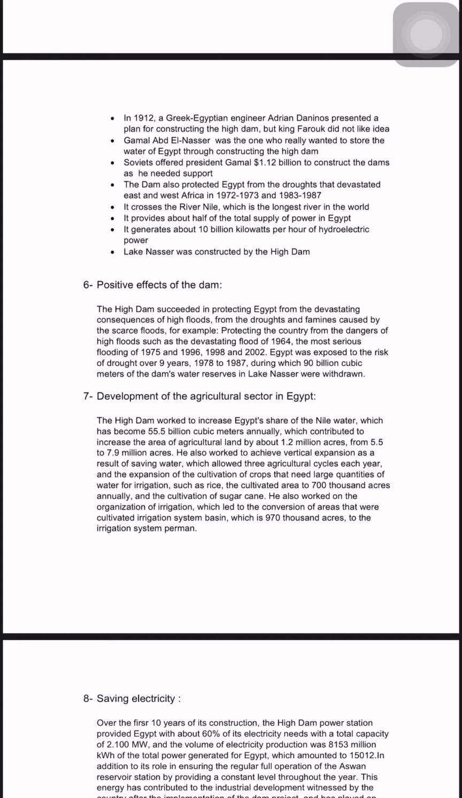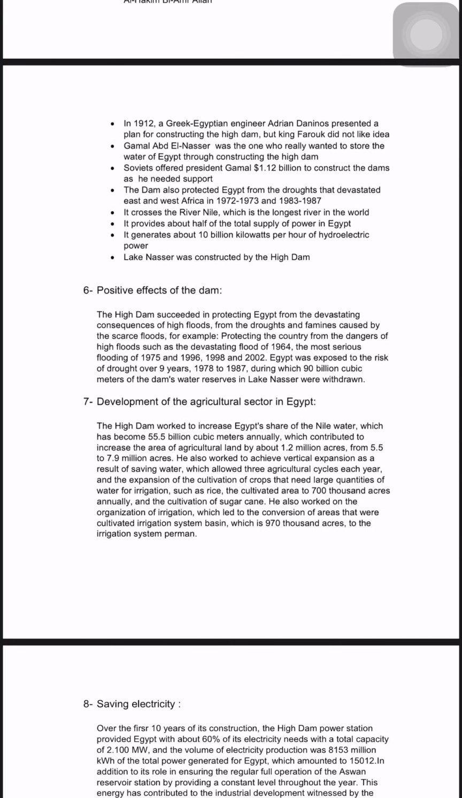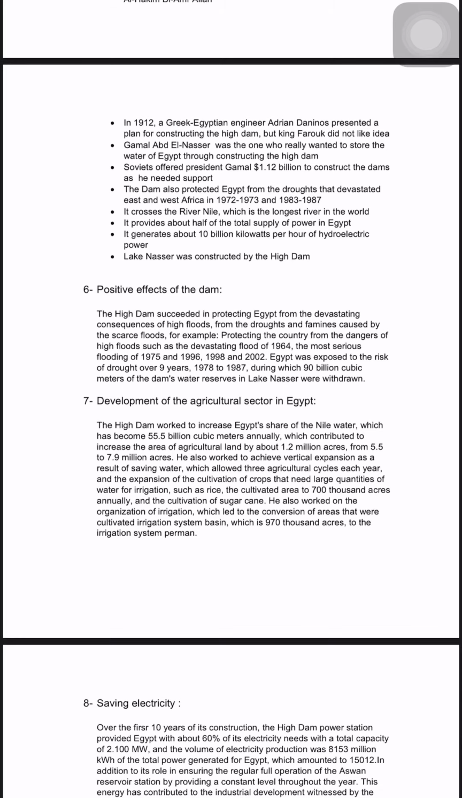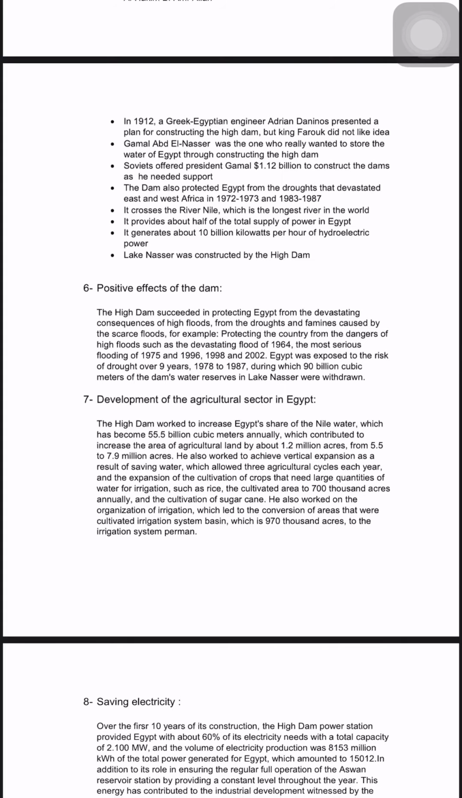Positive effects of the High Dam. The High Dam succeeded in protecting Egypt from the devastating consequences of high floods, and from the droughts and famines caused by scarce floods. For example, it protected the country from the dangers of high floods, such as the devastating flood of 1964, and the most serious flooding of the years 1975, 1986, 1998 and